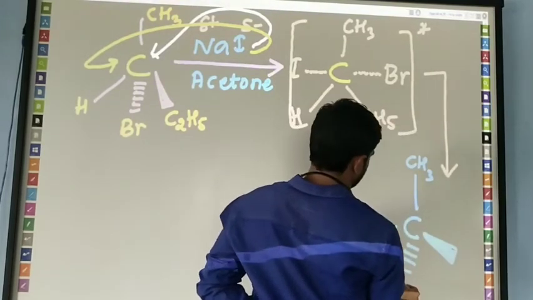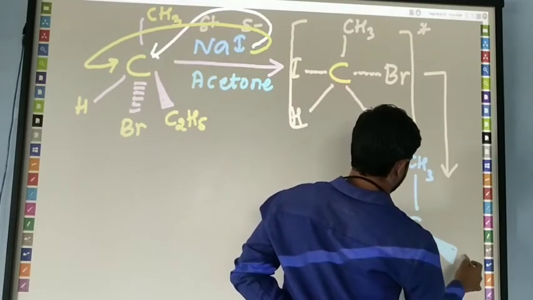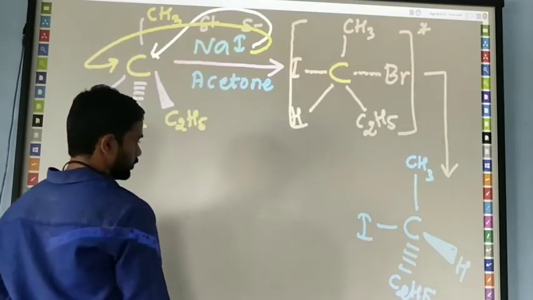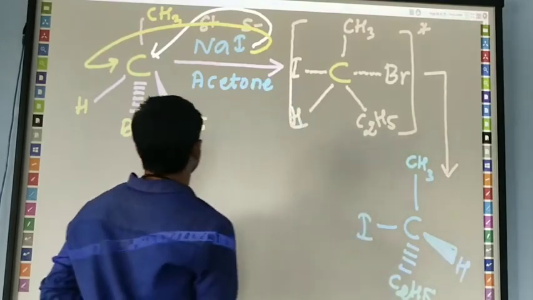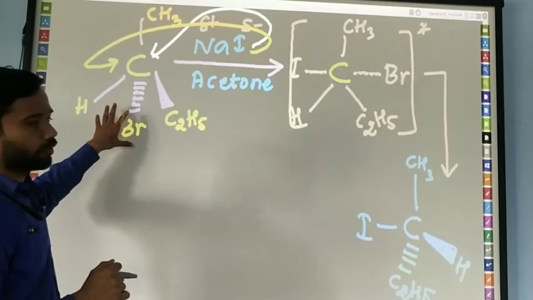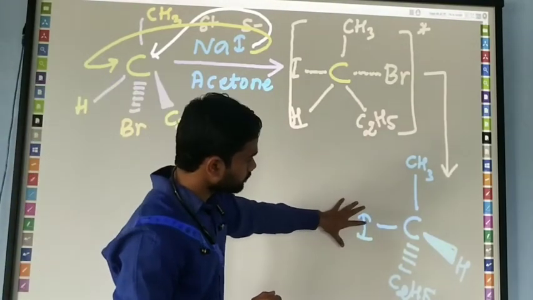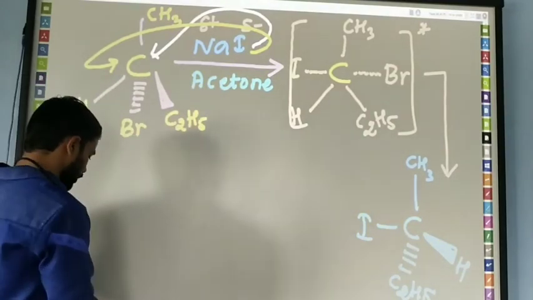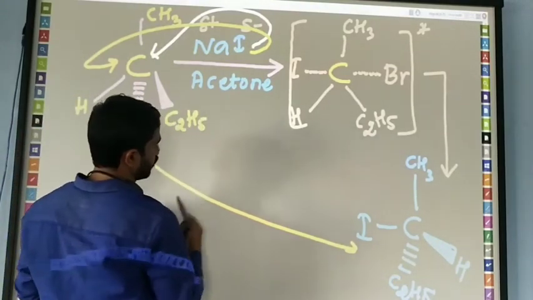Let's go to C2H5 here, and your H is going to be complex. Don't worry about the stereochemistry. Just remember the product. Just observe the product. In this case, we have found the bromide complex, but in the case of iodide we are finding the products. This is going to form the inversion. We already studied this one. The inversion product is going to be formed.